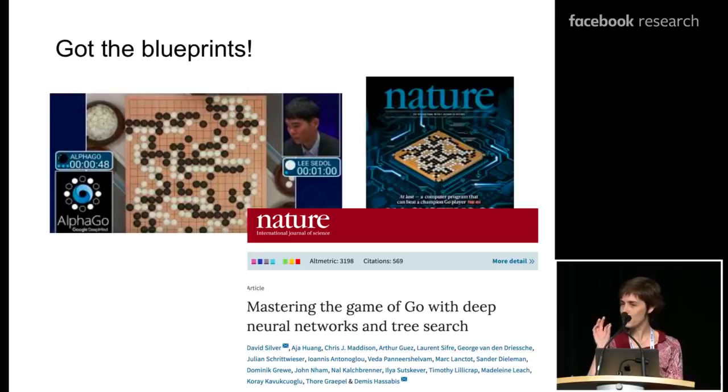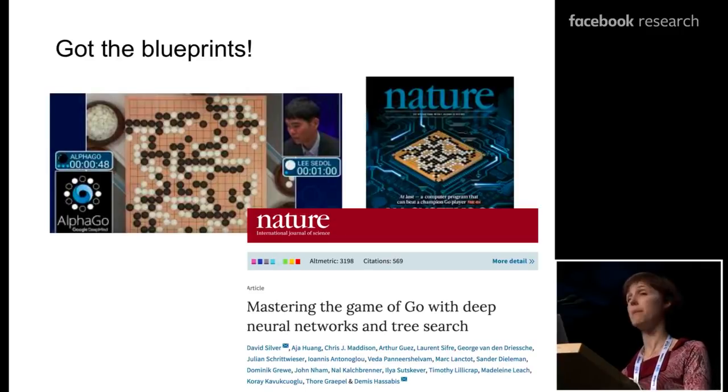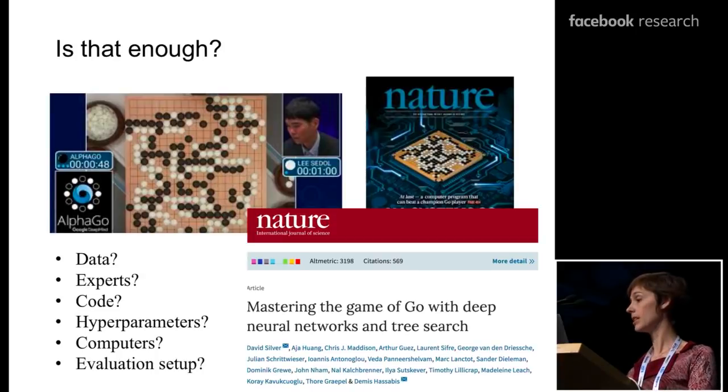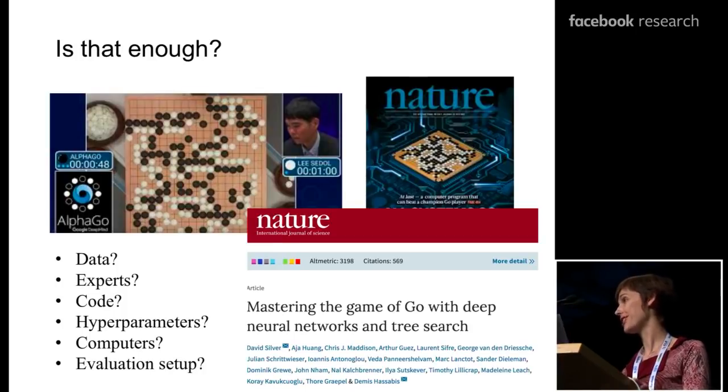And if you actually went and read the Nature paper, in the appendix there was a very high level of detail in terms of what was done, how things were implemented, and so on. But in terms of really having a blueprint for the research, in some sense, it feels like it fell a little bit short for some of the other teams. It was a very high mountain to climb for many other teams wanting to replicate this work.